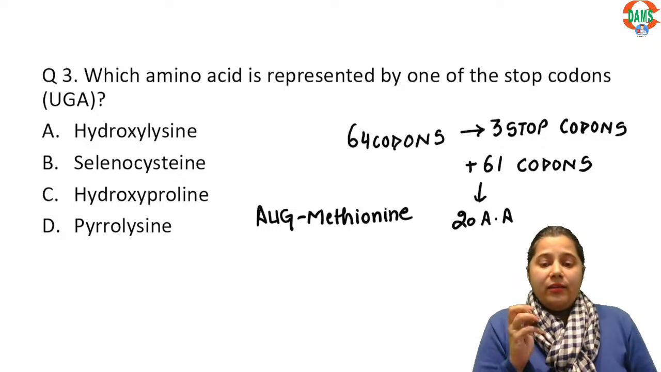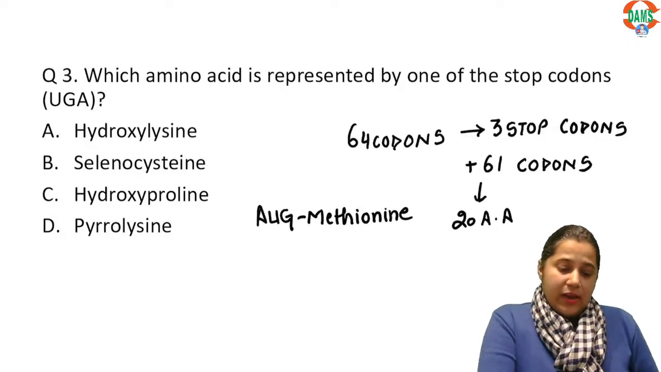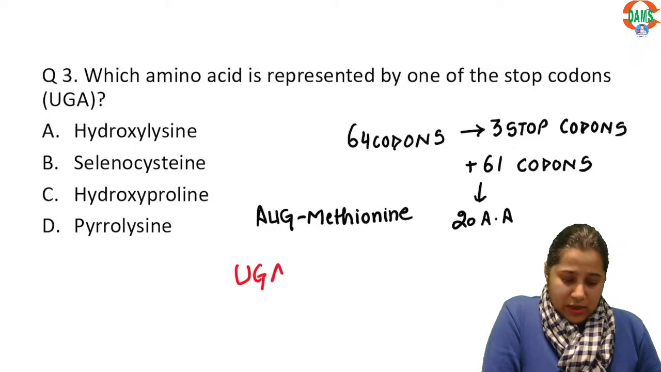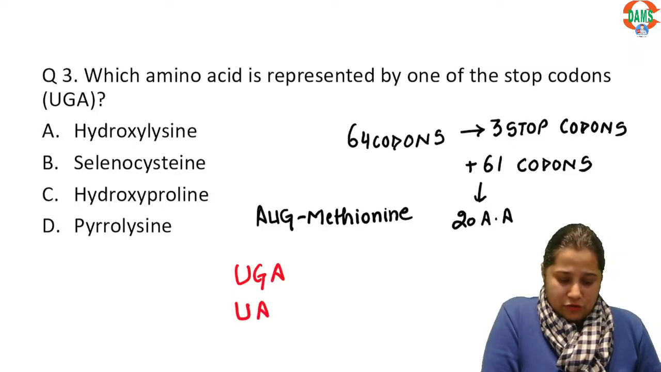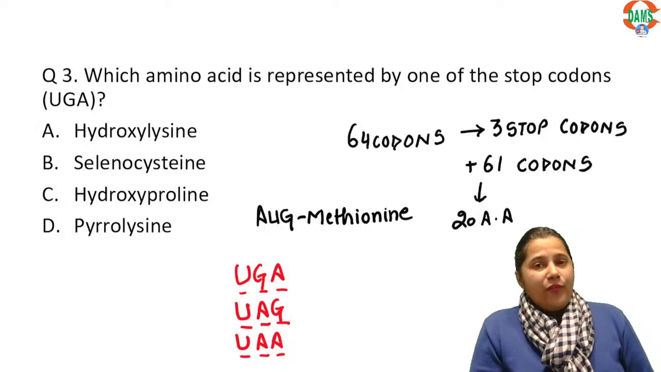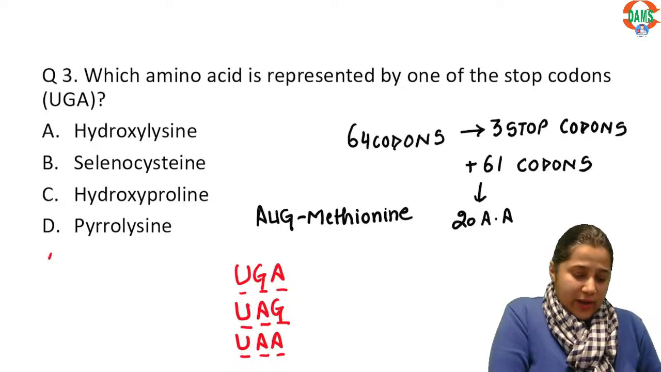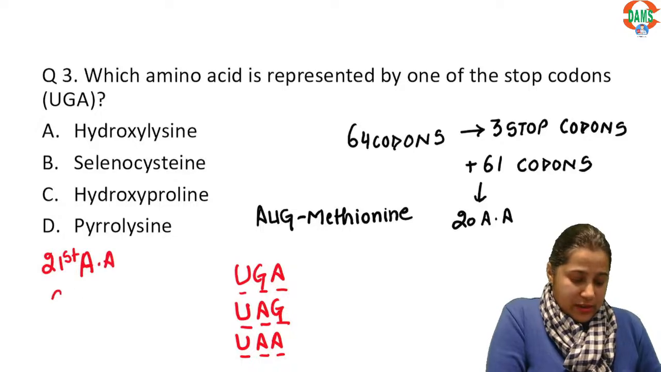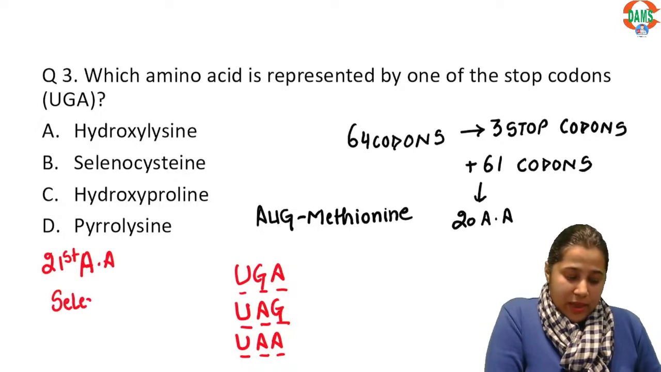Now, there are 3 stop codons. And these 3 stop codons are UGA, UAG and UAA. Now, after the discovery of the 21st amino acid, that is selenocysteine, the problem came